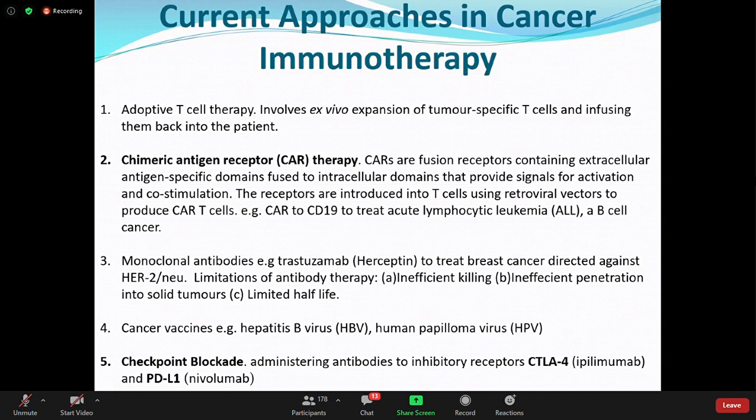So then by treating it with cytokines like T cell growth factor or IL-2, you can then proliferate those cytotoxic T cells in the test tube and then infuse that back into the patient. That has some success, but